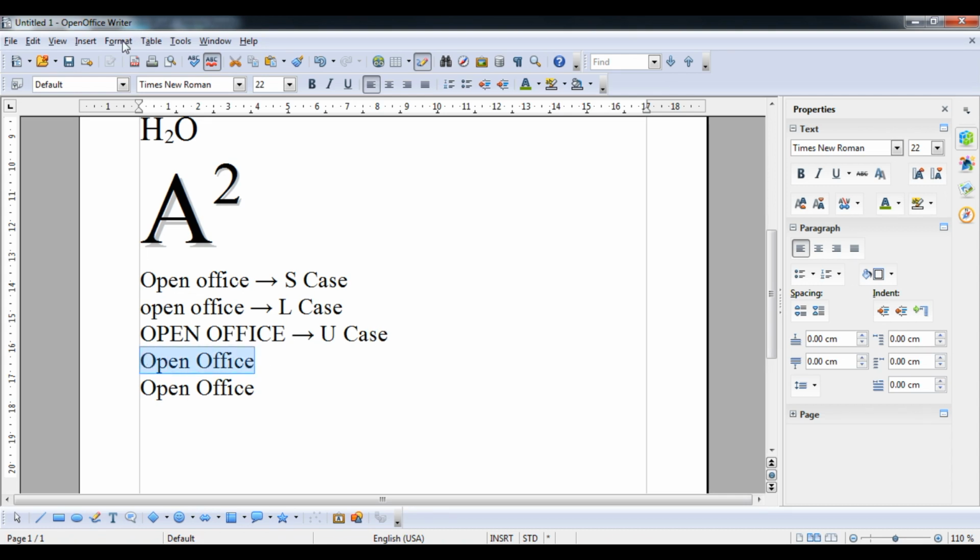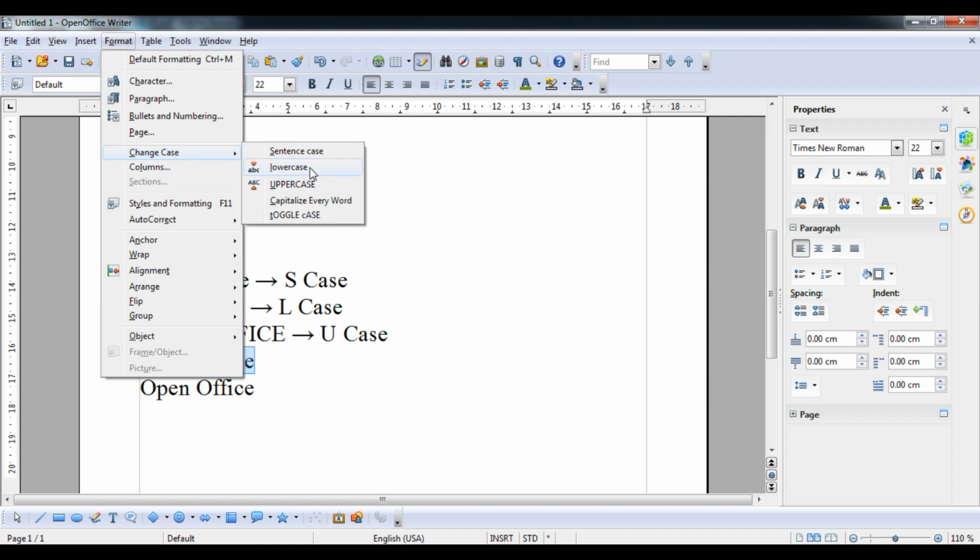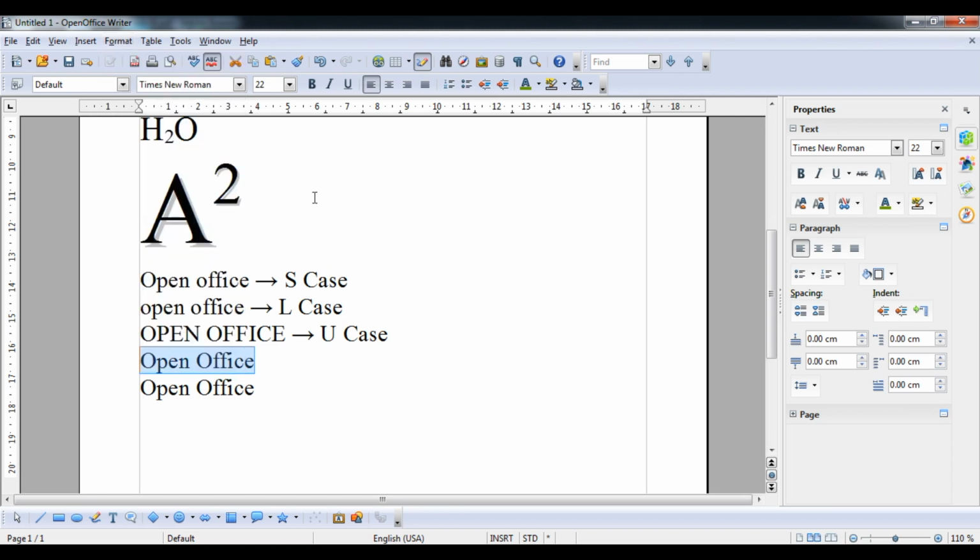Okay, and now the next operation I am going to say is case, capitalize each word. Now you can see that the first character of the words is going to be capitalized. So capitalize each case, capitalize each case here. Then after that at last I will use toggle case.